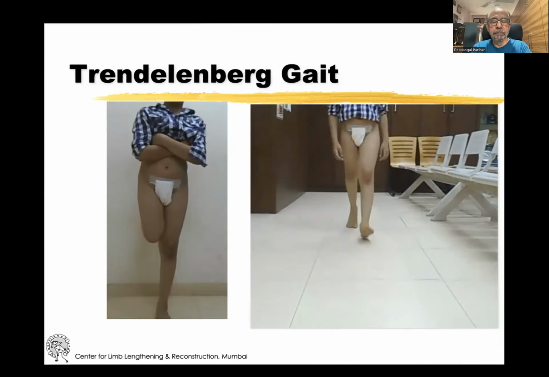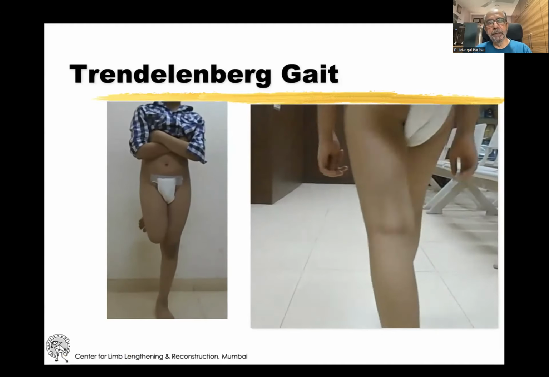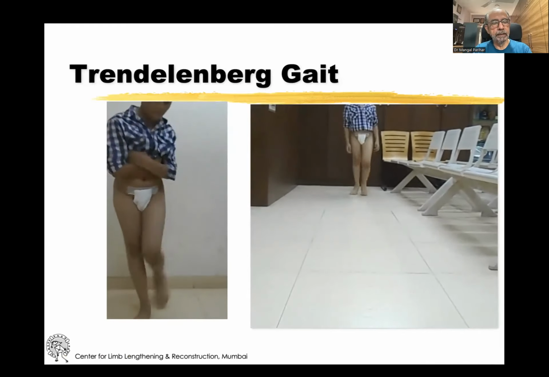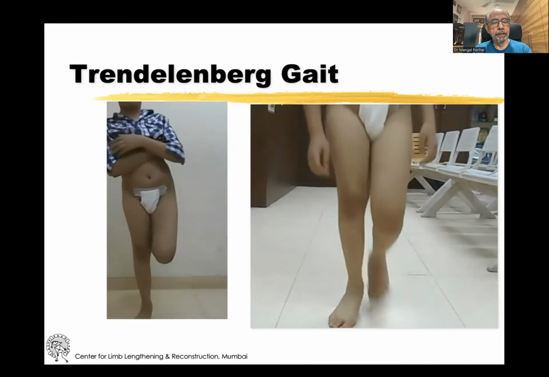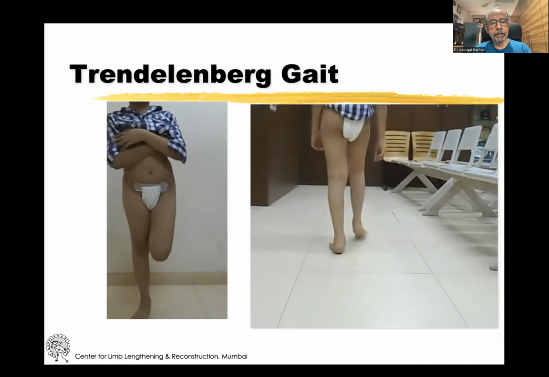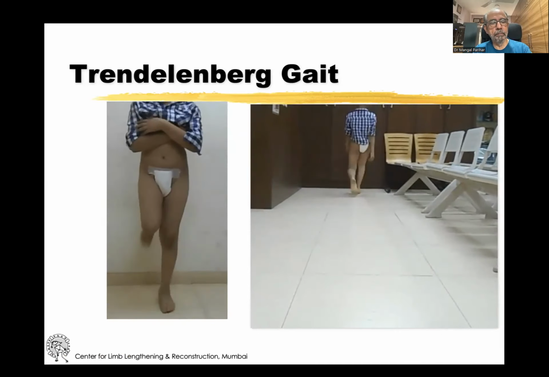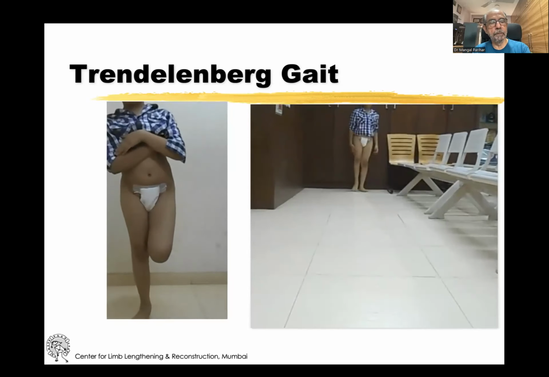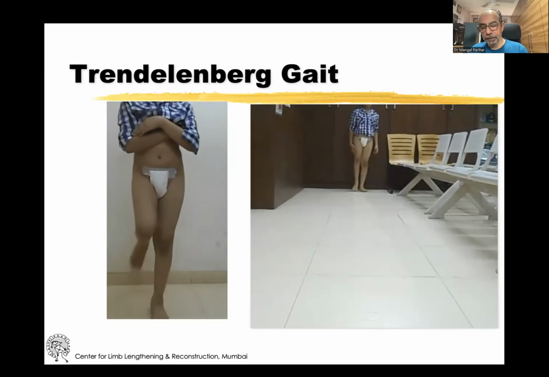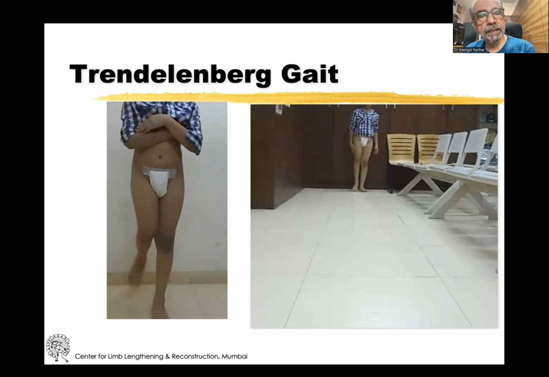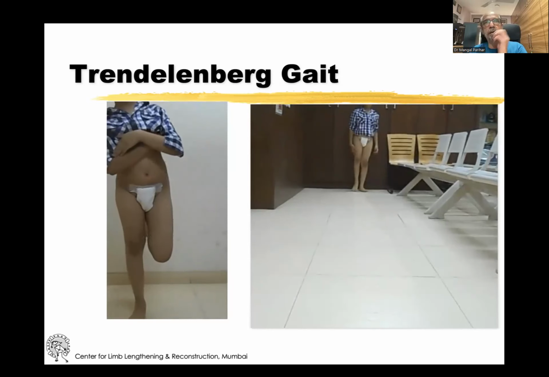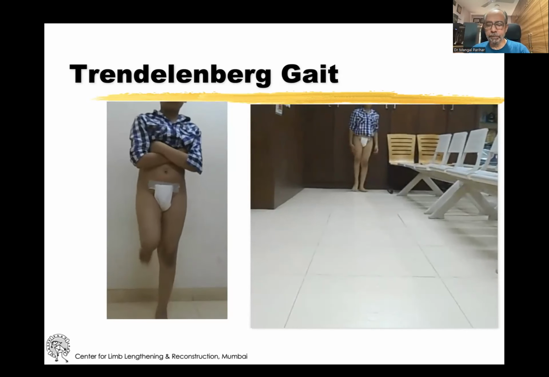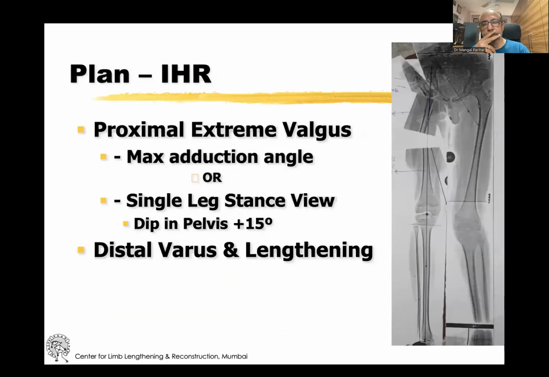Surprisingly, many of them, their gait will not be terribly bad. For some reason, I think it's the fibrosis that ends up following the infection, etc. So gait-wise, they are not so bad, but definitely their pelvis drops. They have to lean over onto the other side. So in such a case, I think the main reason for doing the Ilizarov hip reconstruction is less for hip stability, but more to ensure that you are able to lengthen, right?